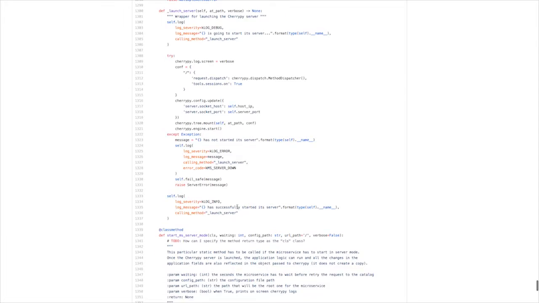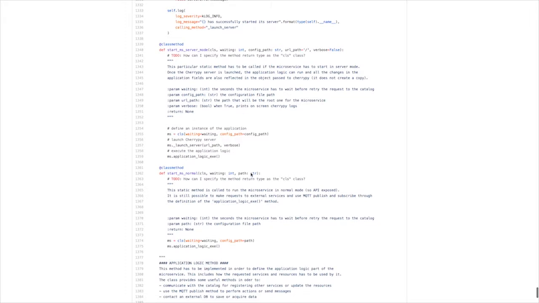For example, the device, the area access control of the gym facility, doesn't require exposing API in that case, but for example, the mobile application has a microservice dedicated to exposing API towards our mobile application. And so on, we can see we have the methods. And this is very important. We have the methods for starting the microservice in server mode or either in